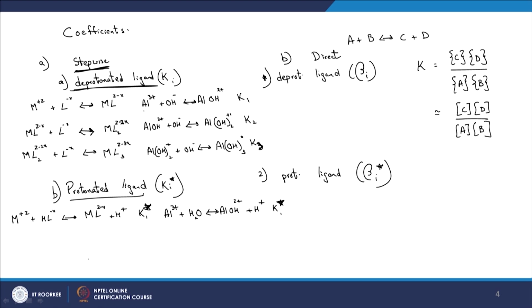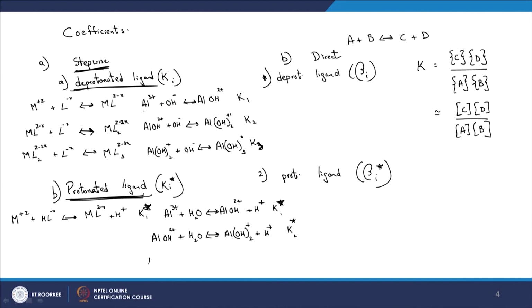I am not going to write the generic form further, but I will just write this further. So I can now say stepwise the next example here will be Al(OH)2+ plus the protonated ligand, plus H2O, going to Al(OH)2+ plus H+, and what's the coefficient here? It's going to be K2 star. So someone talks about K2 star, right? K2 star or K1 star, they are talking about the protonated form of the ligand forming a complex